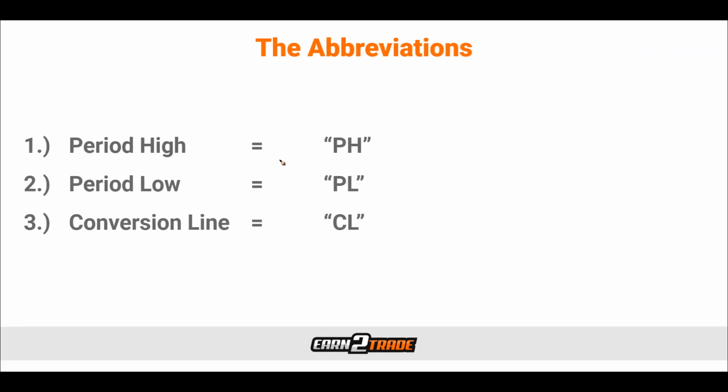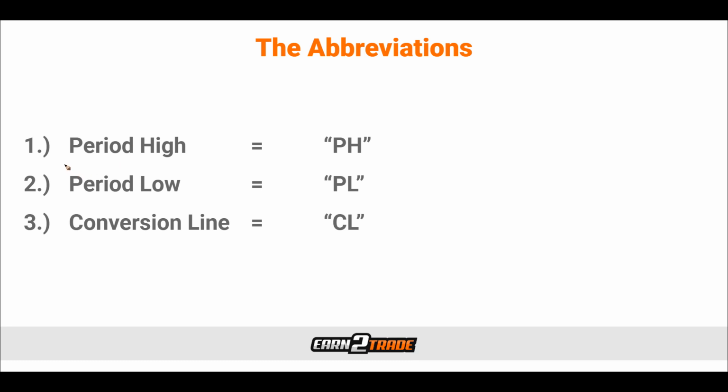Now we're going to look at some abbreviations, and this is actually relevant because on the next slide I will be showing you the formula of how the indicator is plotted, and this is important because I never like using anything myself unless I understand where it is coming from. It's important to know where it's coming from because it allows us to do a better job of interpreting the information in a way that is actually useful to our brain.